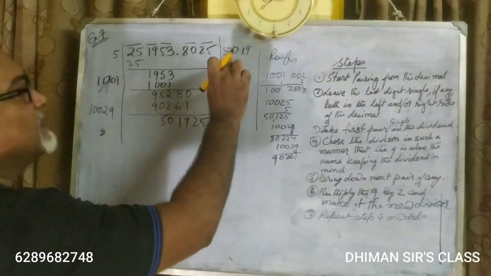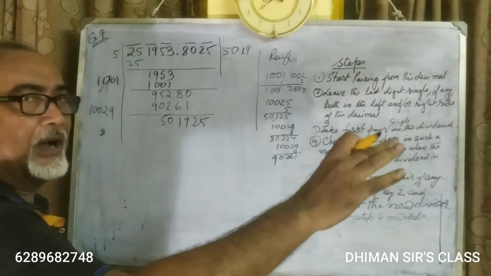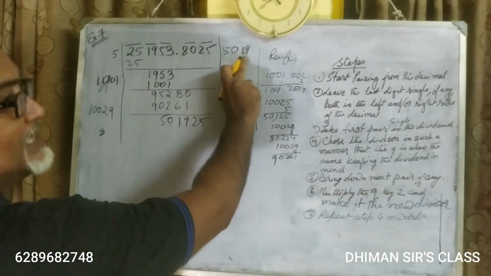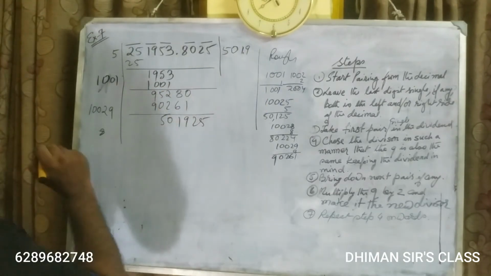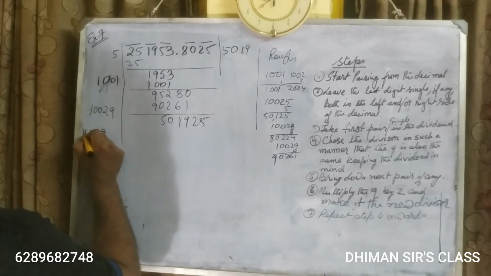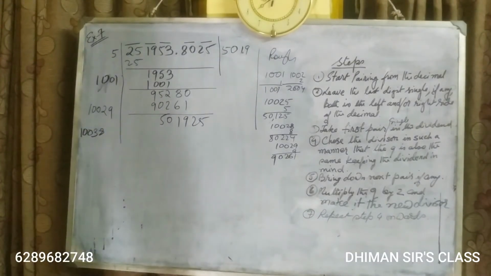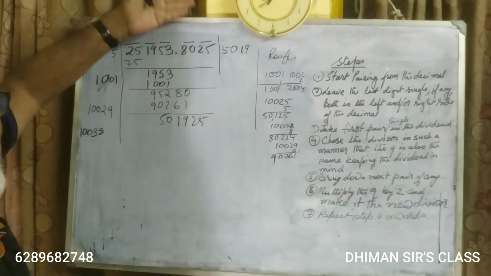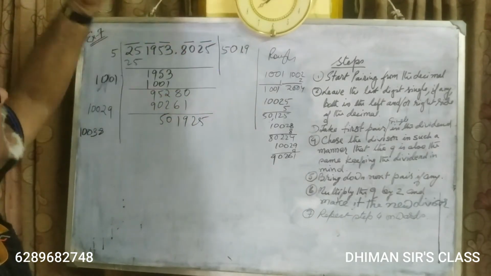Now after the point has come, forget the point. The decimal's function is over. Assume that there is no decimal now. So 2 9s are 18, carry 1, 2 1s are 2, 3, 0, 2 5s are 10, 10038. Now see, as there is nothing to be added or subtracted, it's a simple